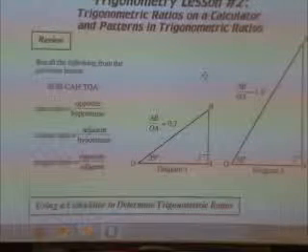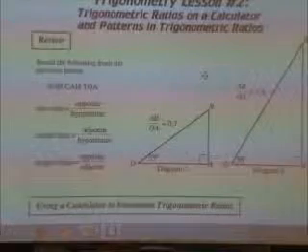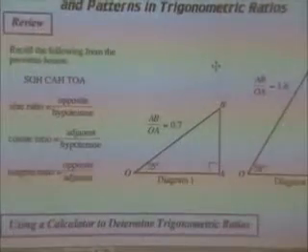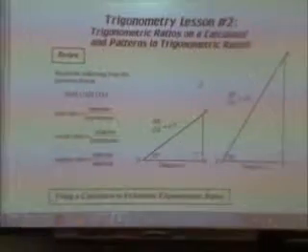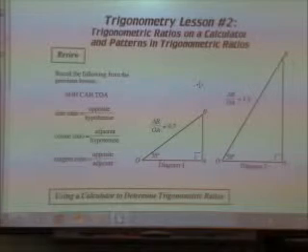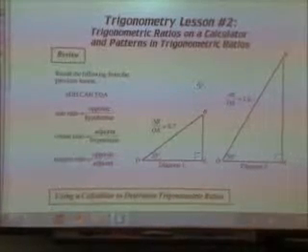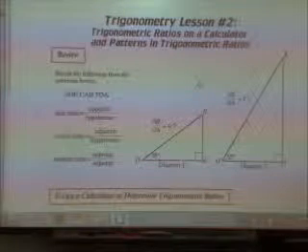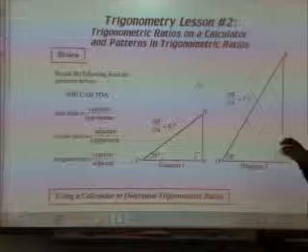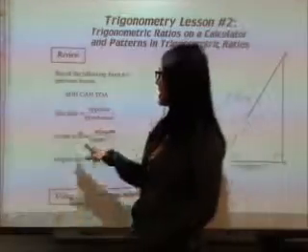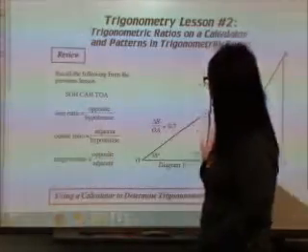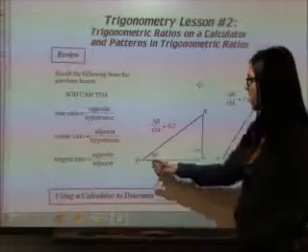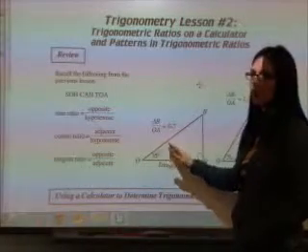So lesson number 2 looks at trig ratios on a calculator and patterns in trig ratios. So if you recall from what we did in the last class, the SOHCAHTOA, that was looking at our primary trig ratios and the relationships that happen. So what this means is if I measure the opposite side to the hypotenuse of a 35-degree angled triangle, it